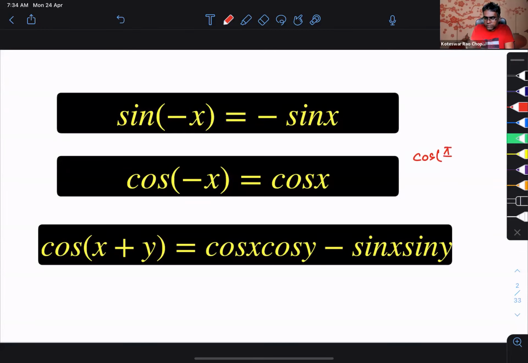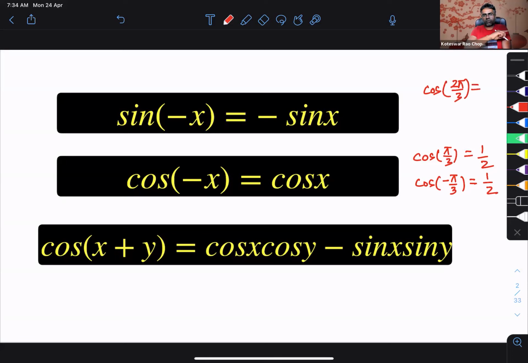pi by 3. Okay, so cos of pi by 3 is half, and then cos of minus pi by 3 is again half. But suppose I take, let's say, cos of 2 pi by 3. You can check this. Okay, so 2 pi by 3 will push you into the second quadrant. So there the value is minus half. Now, instead of going in the counterclockwise direction, if I go minus 2 pi by 3, I'll get